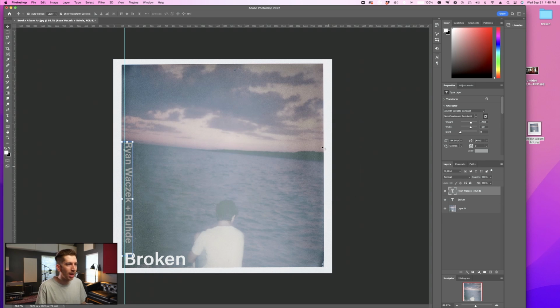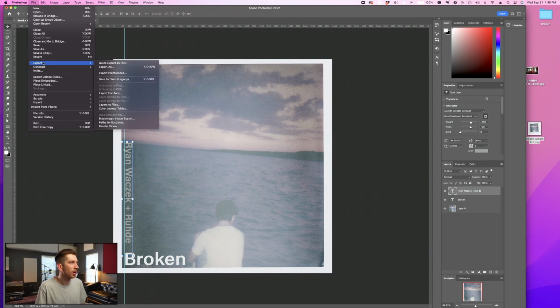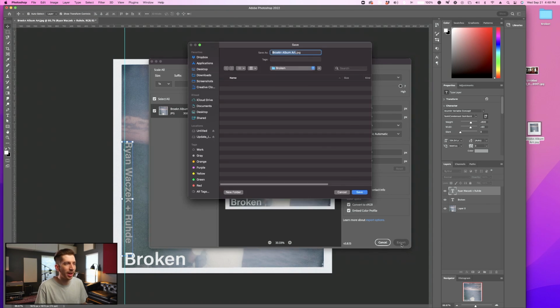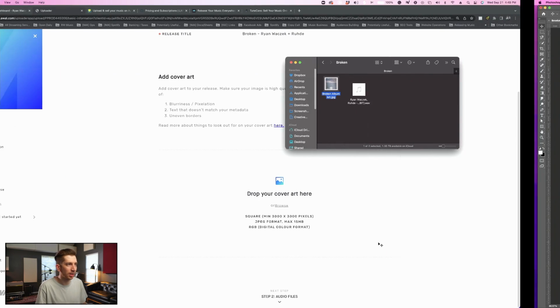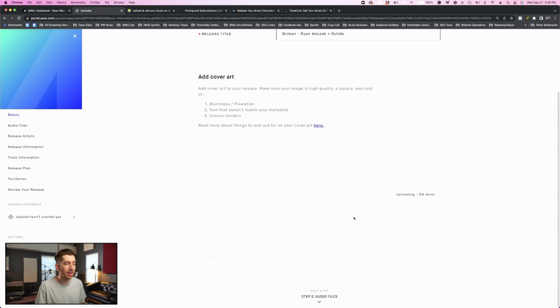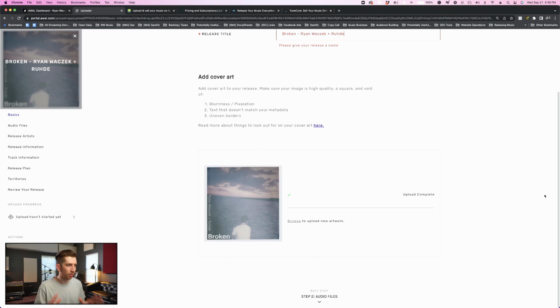I'm going to hit OK, and it'll resize the image. And then all I need to do is just export the image as a JPEG. So I'm going to go to export, export as, format JPEG. I'm going to hit the highest quality possible, click export, and I'm going to save it in a place where I can use it during my upload process. So that's what I've already done in advance. I'm just going to drag in the album art and I'm going to upload it into my distributor. Once that's done, it should be all good to go because it's in the right format, has the right resolution,